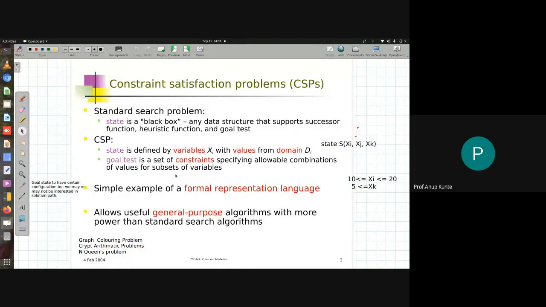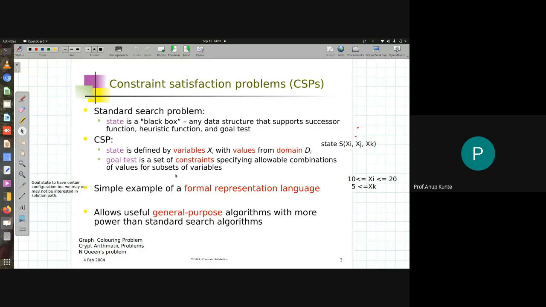Here in CSP, on the other hand, we check whether a particular state follows a certain set of constraints, and if the state follows those constraints, then we say that the goal test is passed by the given state, and otherwise the state fails the goal test. So that's another difference between a state space search problem and a CSP. There are two or three more differences that we will explore throughout the lectures on CSP, but these two are the major ones which you need to keep in mind when you are representing a CSP.